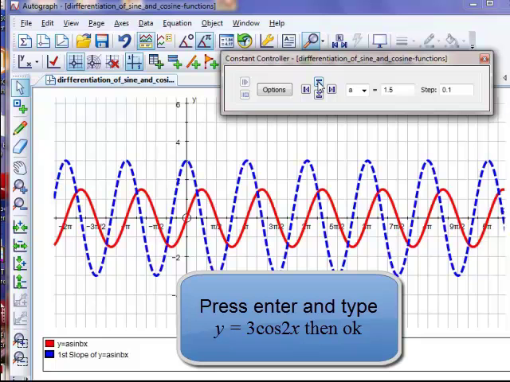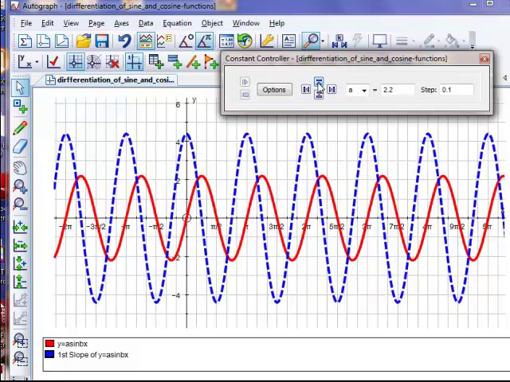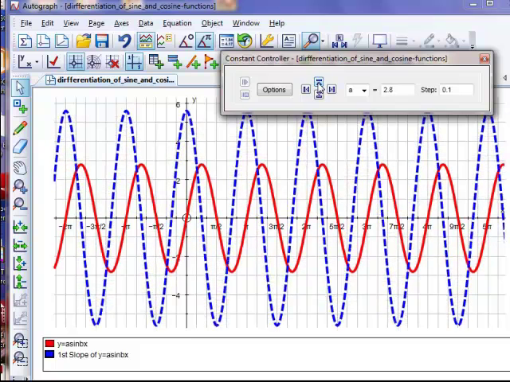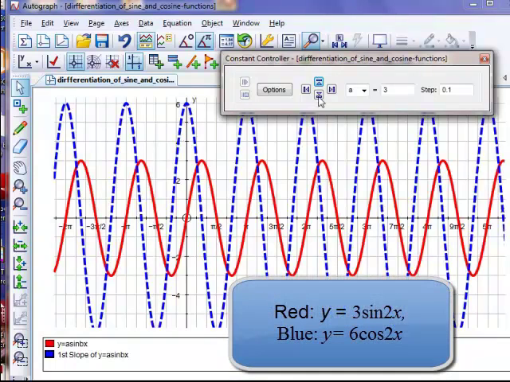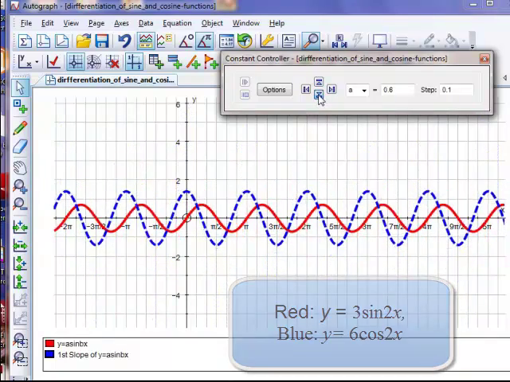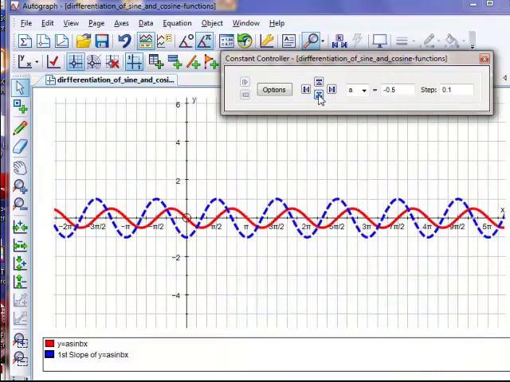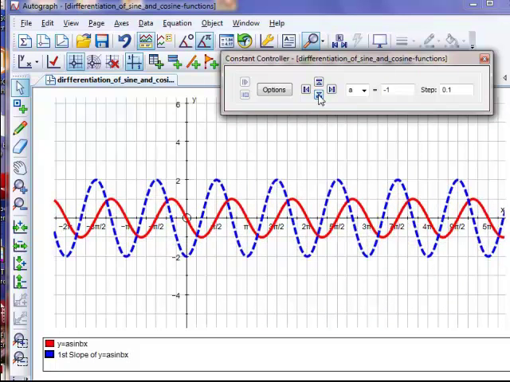So ask them what's happening in terms of a and b. Where did that 3 come from? What happens when we go to a equals 3? 3 times 2 is 6, remember b is 2, so the red one is y equals 3 sin 2x. What's the blue one? y equals 3 times 2, which is 6, cos 2x. And of course you can go to the negative sign and show them what happens when a is negative 1. Remember b is 2,